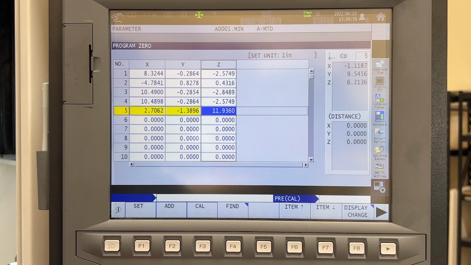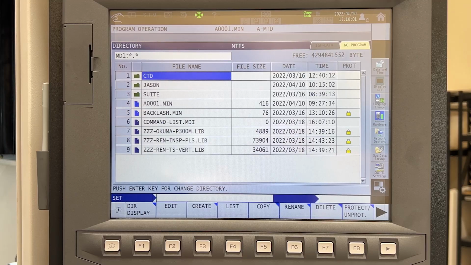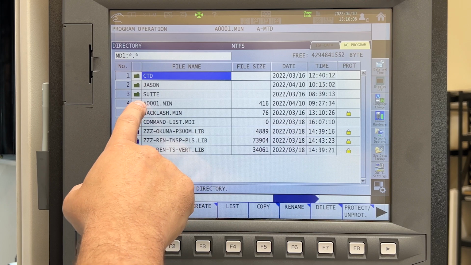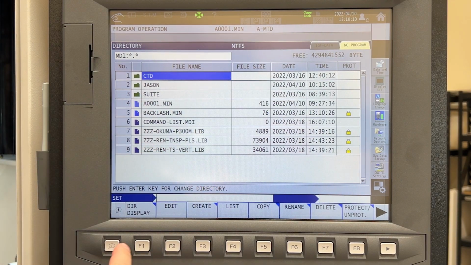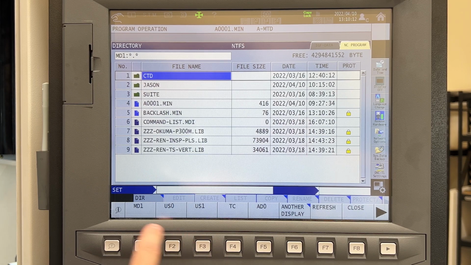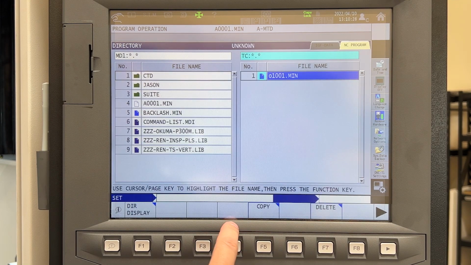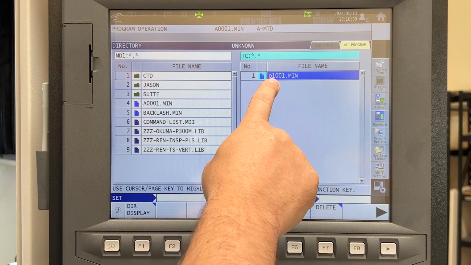But for now, we're going to go ahead and go into the program screen, and you'll see here that there's a blinking icon. That shows the currently active program. And what we're going to do is we're going to hit directory display. This gives us access to the master drive, the USB ports. This is our network drive connection. And what we want is to see the master drive and the network drive at the same time. So we're going to arrow over to MD1 and TC. We'll hit that, and you'll see that there's a program in there,